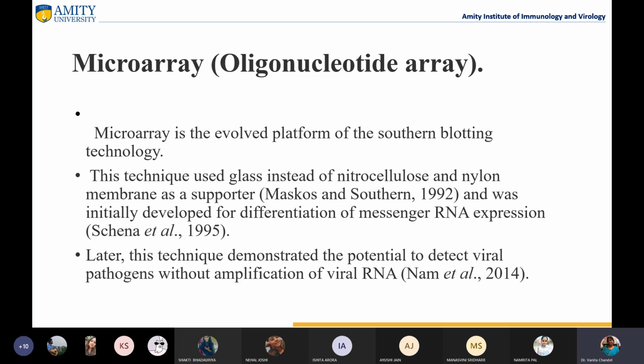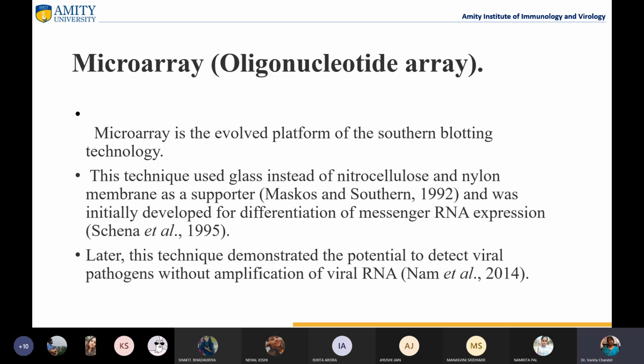What happens in a microarray is just the opposite. We label our probes on some glass slides or a microchip, which is being prepared, and then we put our samples later to check which sample is present there. So this is the basic difference. The basic principle of microarray and hybridization is similar, in how they detect the viruses. But microarray is more complex because you need proper equipment to put those probes on those chips and then use those later. This is a little tricky process as compared to hybridization, where we don't require any such thing.